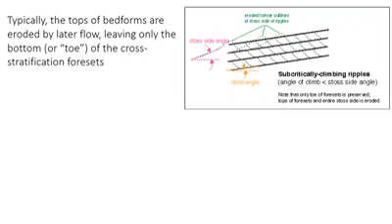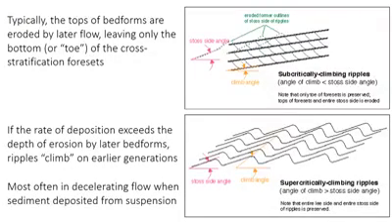As I mentioned earlier, the vast majority of cross-bedding preserves only the bottom part, or the toe, of these inclined foreset beds, because the top of the bed form gets eroded away. However, in areas where the sedimentation rate is really, really high, the ripples, or the dunes, in this case it's primarily ripples, can aggrade or build upwards quickly enough that they don't even erode the previous layers at all. In that way, they climb up the backs of the previously deposited ripples, and therefore, quite descriptively, are called climbing